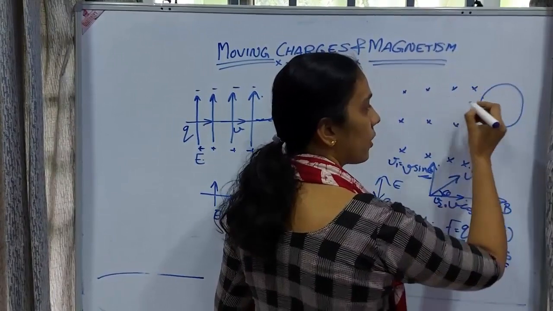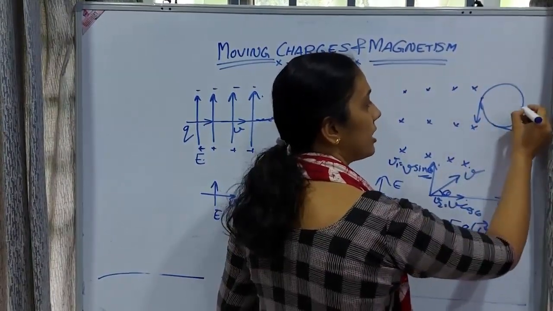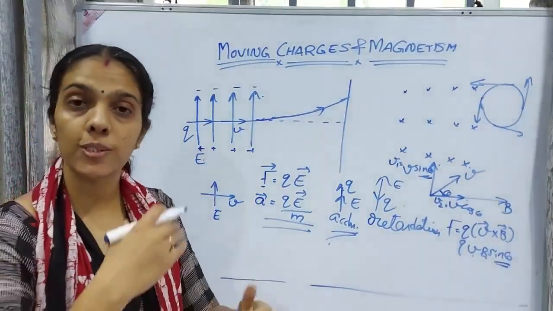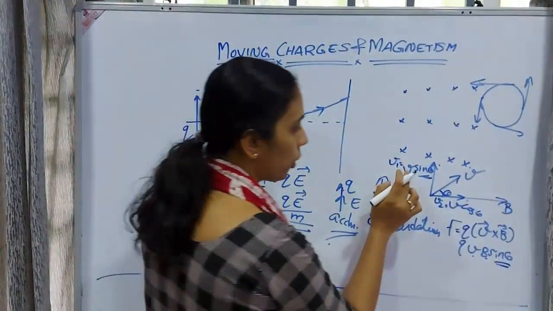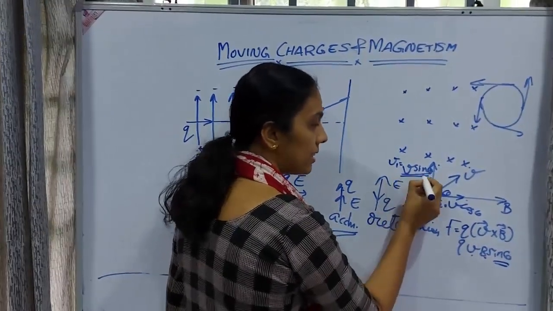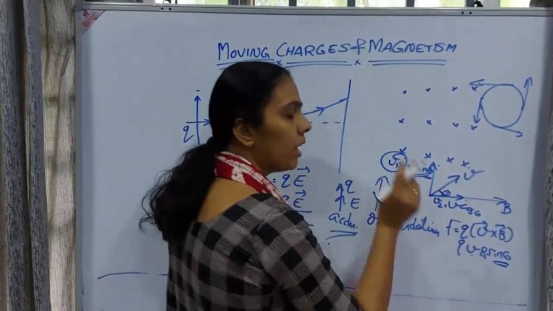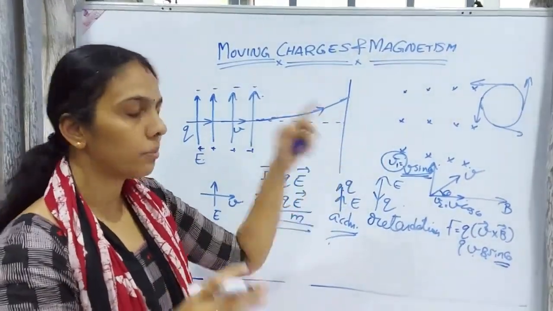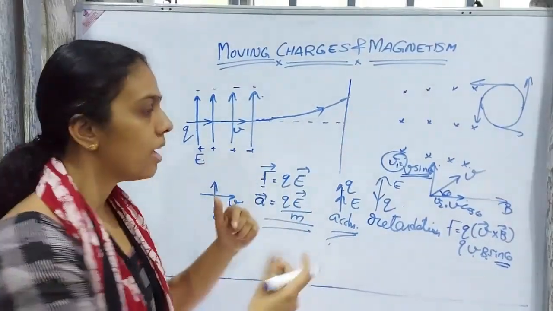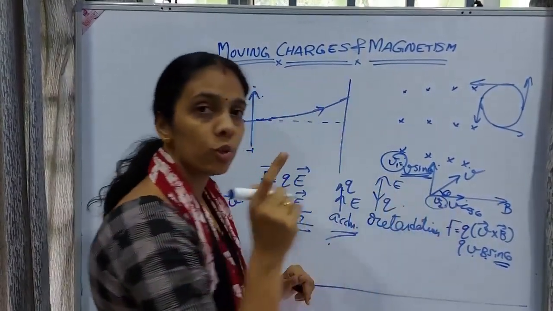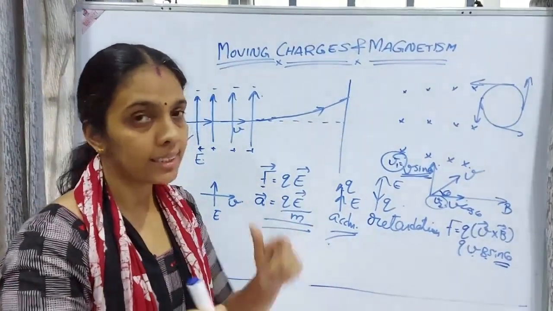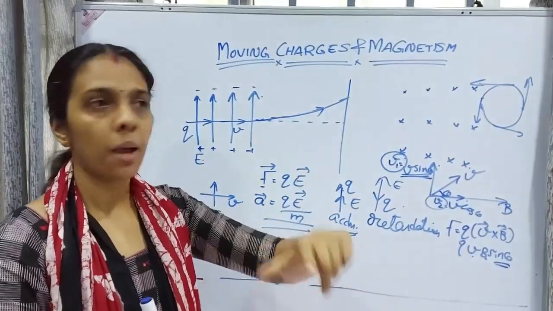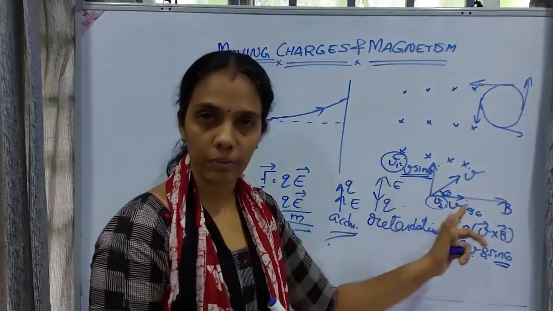It will be following a circular path, and at each and every point the velocity will be along the tangent; the direction of velocity will be changing. Because of V sin theta, that is because of V1 alone, a force is acting on the charged particle in the magnetic field. Along with V2 there is no force, but velocity is present. Because of that velocity no force is acting on the system. Force is acting only due to V1.